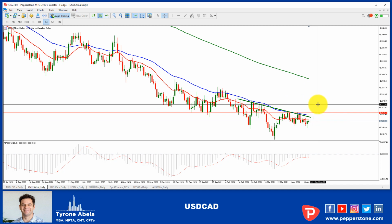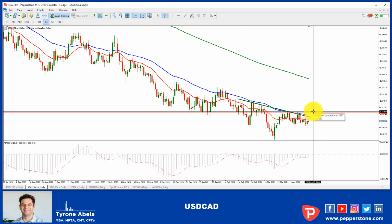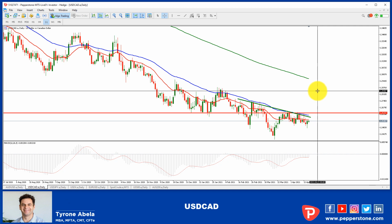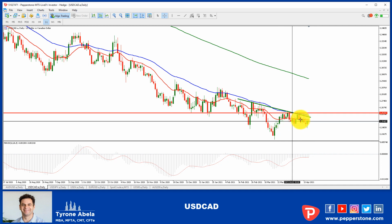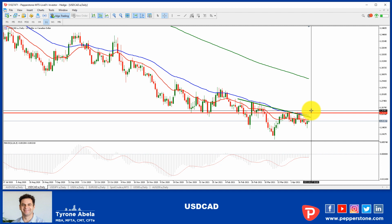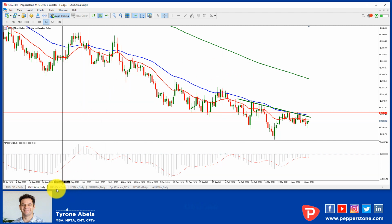So although it's still several hundred pips away from being a really, really good trade, you can position yourself to actually take a couple of scalps in between and then look for the breaks. But what you'll lose in pips, you're going to gain in momentum, because if the market gets up there and closes the daily above it, you're going to have a lot of momentum on your side at that point, and that should push it higher to these levels here, which will give you some far better trades than having a stab at what's going on now. At the moment, the 20 is holding it up, so it's a very difficult one to trade at the moment, but definitely set your alerts for this level here at around the 126.30. All right, we'll move on to the